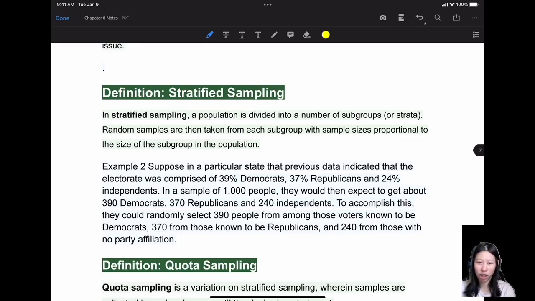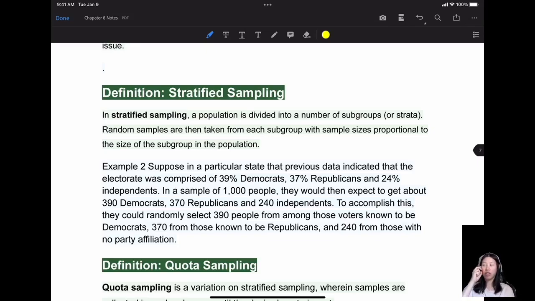To accomplish this, they would randomly select 390 people from among those voters known to be Democrats, 370 from those known to be Republicans, and 240 from those with no party affiliation. So this is called stratified